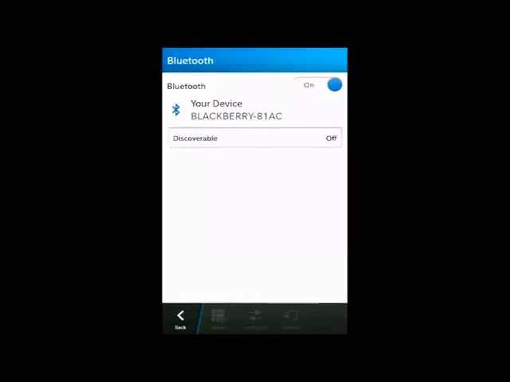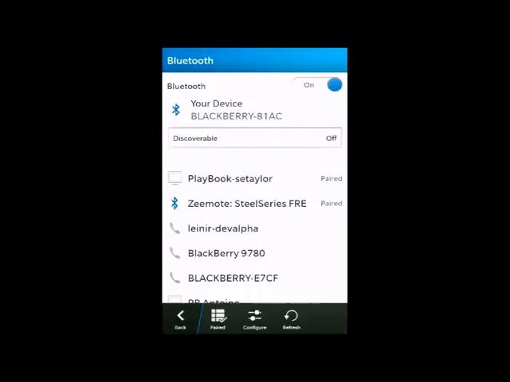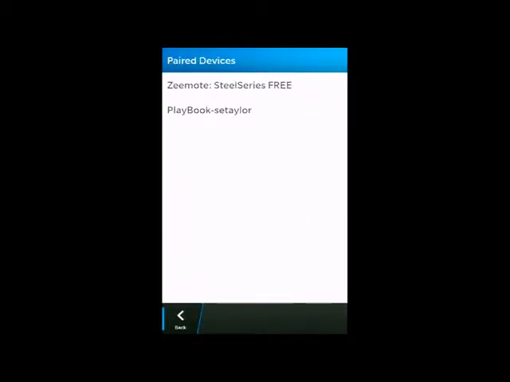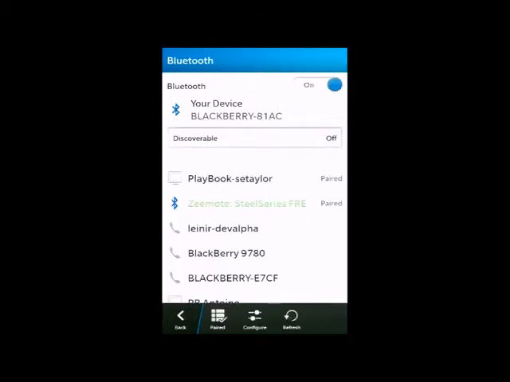Is that going to pair? Maybe I've got to turn this on. Paired. Oh, it was connected. Okay, so you can see that. This is a SteelSeries Free remote. It's a Bluetooth. I've paired it through here.